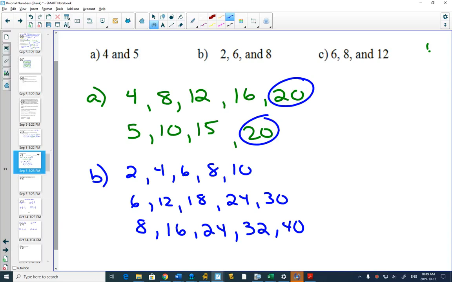No. When figuring out which ones to continue with, in order for something to be in common, well, this one is only up to 10. So it makes sense that I keep working on this one until I get close or I run out of room. In this case, I ran out of room. Luckily, when I ran out of room,